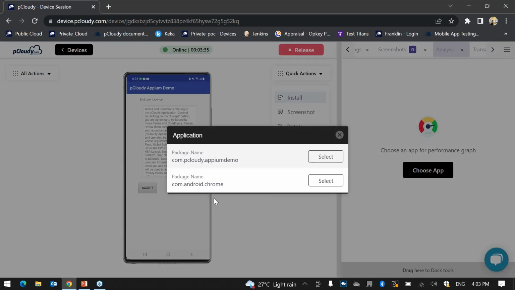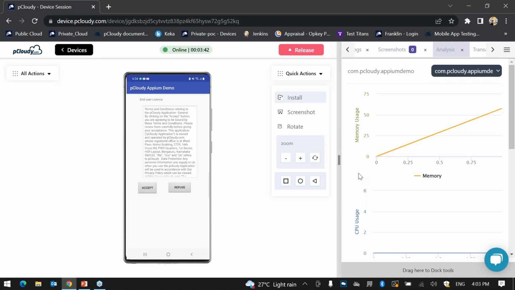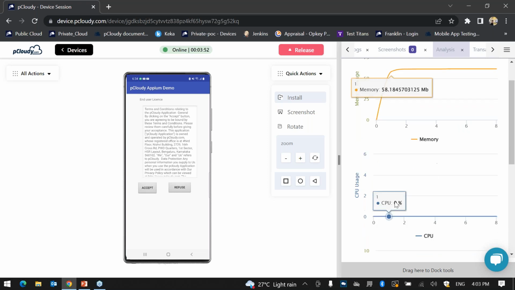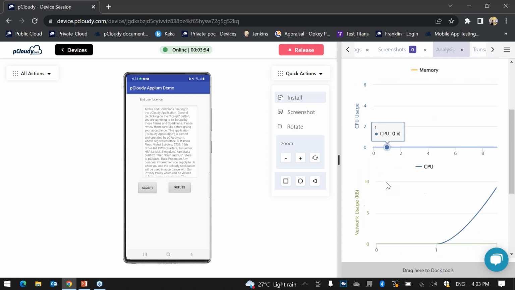Just use the app and select the application which you want to analyze. Since I have installed this sample app, I can just simply click on select. Once I click on select, I'll start getting all the performance vitals here, which are talking about the memory usage, the CPU usage in real time, network usage